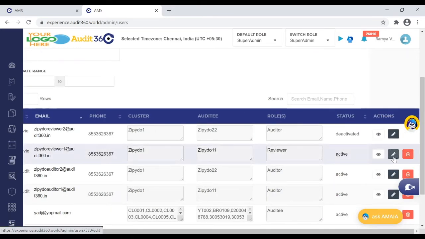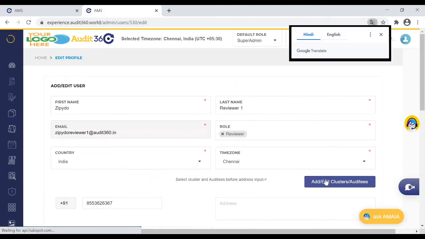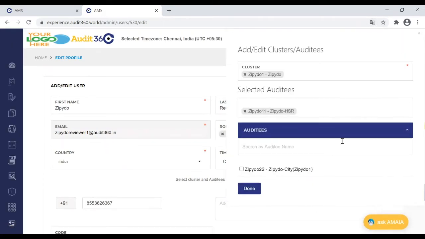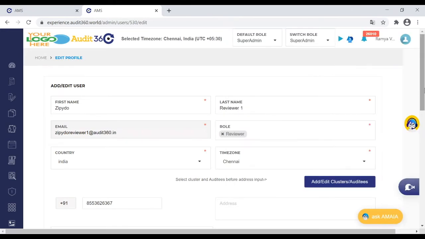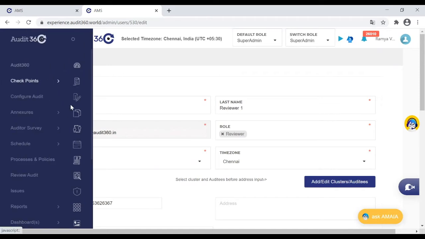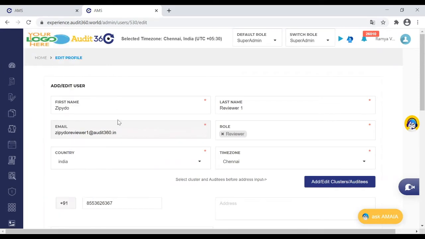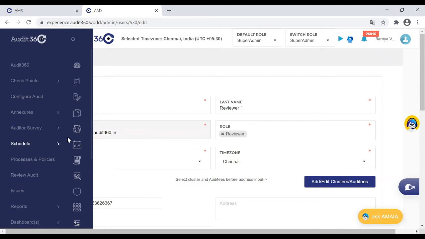You can click on edit and change the allocations by clicking add or edit cluster, and you can do the modification in the screen. So this is on the cluster mapping. If you have any queries related to Knowledge 360 or user management, where we have brought in a new button of cluster and auditee mapping, please do share your queries in the Q&A section.